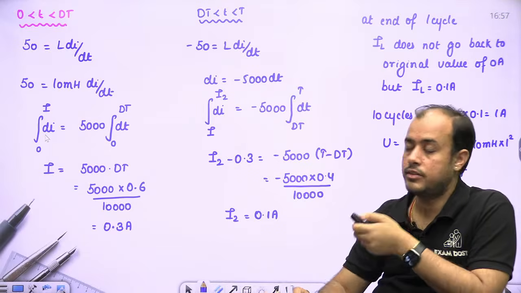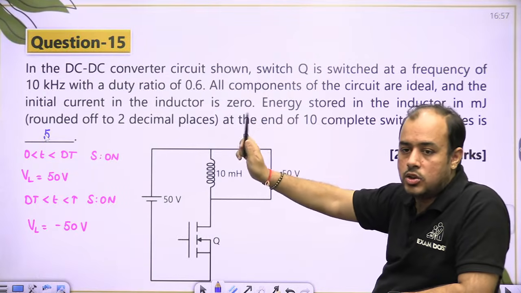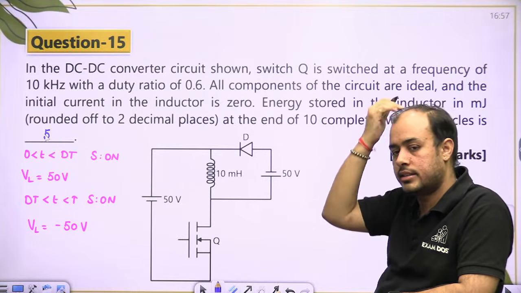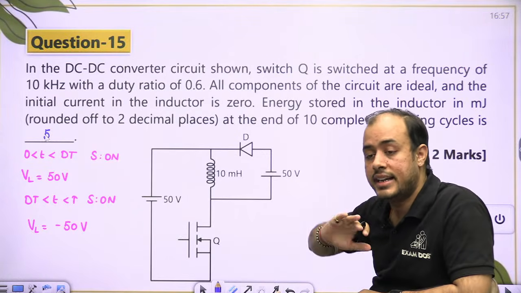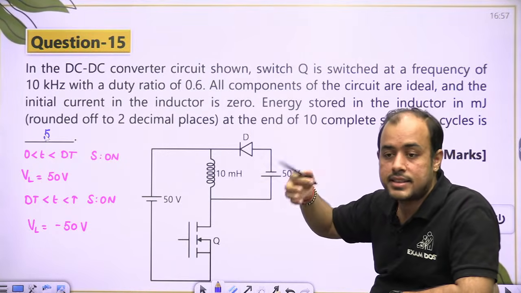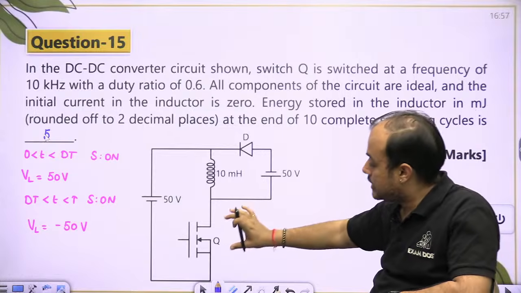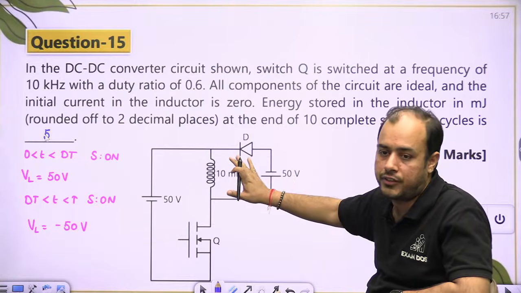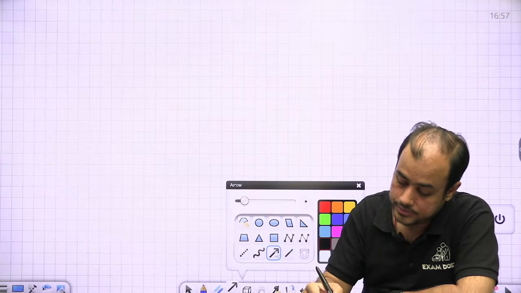एक बार रिपीट कर दूं 15 वाला। 15 में देखो क्या बोला है कि इनिशियल करंट इंडक्टर का 0 है, तो 0 से dT तक बेटा वोल्ट सेकंड बैलेंस नहीं लग रहा ना, उसने ड्यूटी साइकिल क्लियरली दे तो रखा है 0.6। वोल्ट सेकंड बैलेंस का क्या मतलब होता है? वोल्ट सेकंड बैलेंस माने कि इंडक्टर का जितना चार्जिंग हुआ उतना ही डिस्चार्जिंग, but that is not true here. That means in every cycle there will be net charging of the inductor. अब देखिए 0 से dT तक स्विच ऑन है तो 50 वोल्ट अप्लाई हुआ, dT से T डायोड ऑन है तो -50, यानी 0 से dT तक चार्जिंग तो dT से T तक डिस्चार्जिंग। ठीक है,